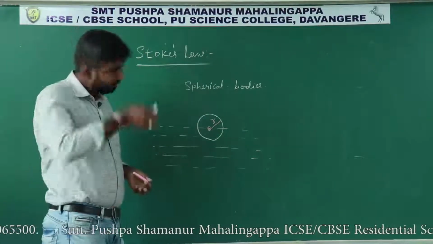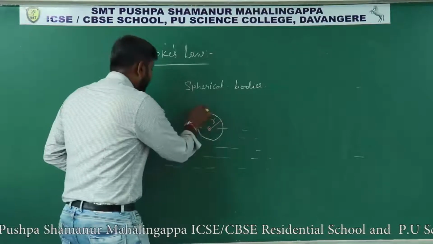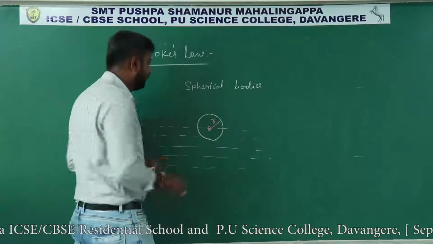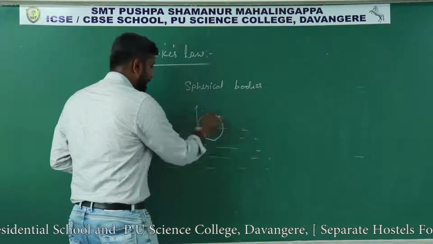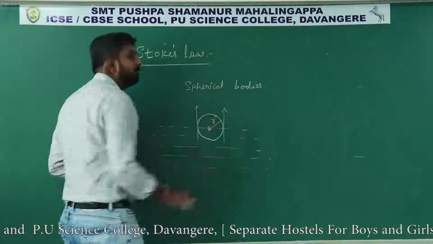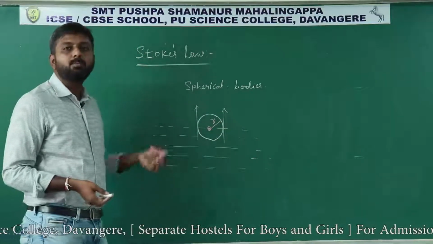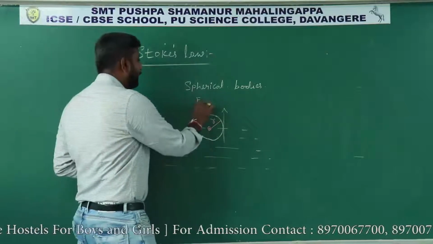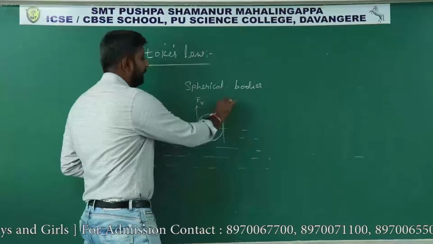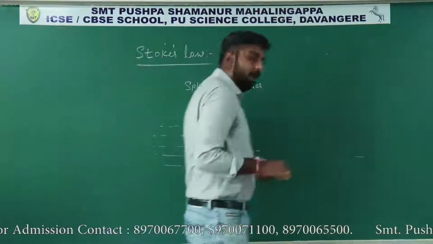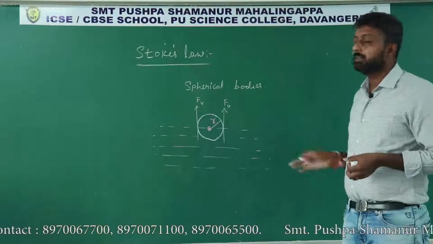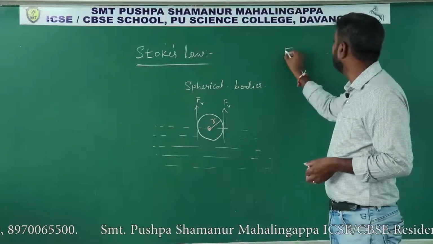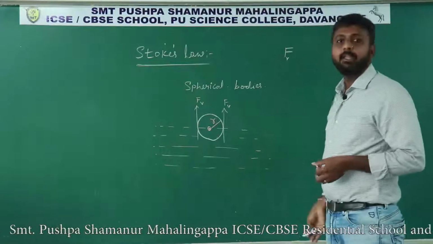Then what happens? It experiences a drag force or viscous force. That force will act in this direction. That viscous force tries to oppose the motion of this spherical body. In the upward direction, the viscous force will act. According to Stokes' law, experimentally it is found that this viscous force, I will denote it with Fv,